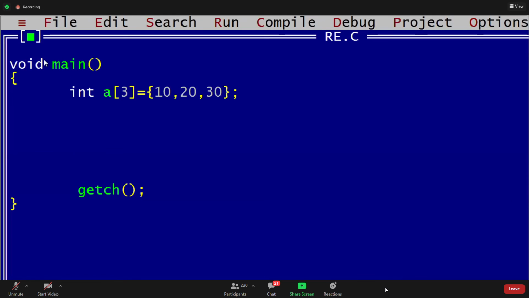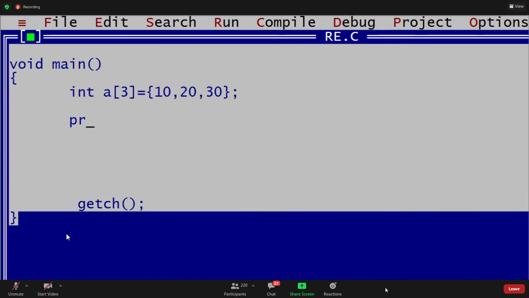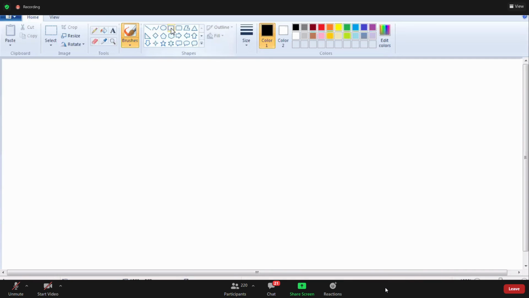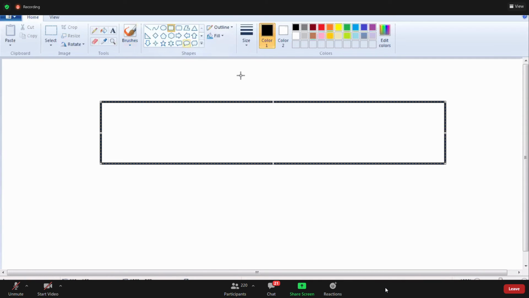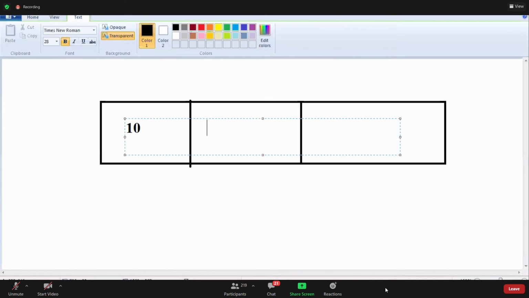Guys, how to access these array elements? See this. Now we are going to access array elements. What is a of 3, guys? If we write a of 3, those elements are stored like this: a of 0, a of 1, and a of 2. What is a of 0, guys? 10. This is 20. This is 30.